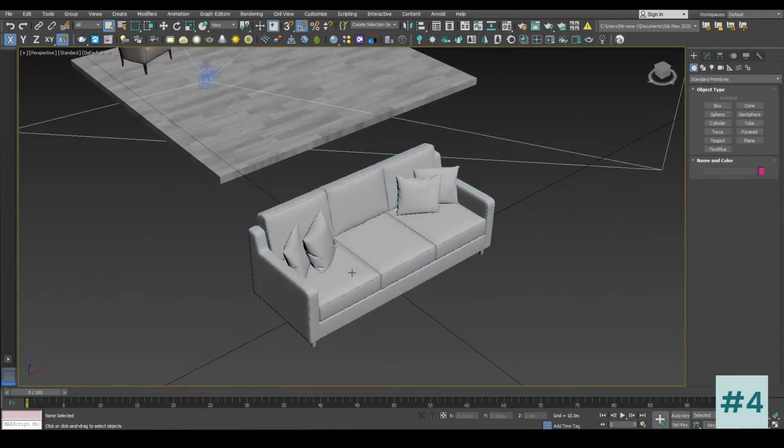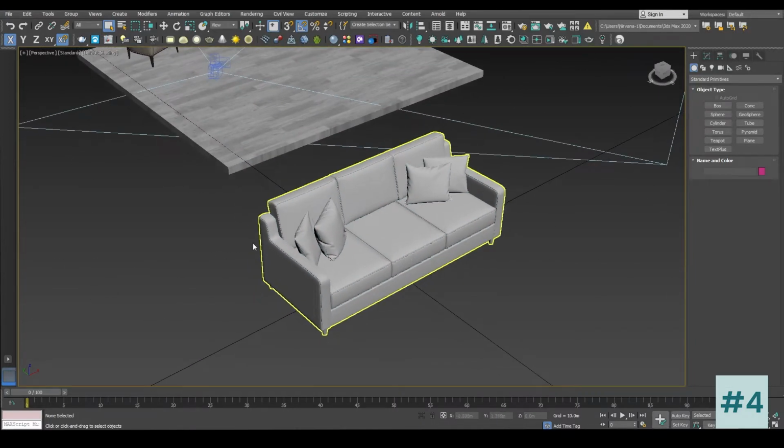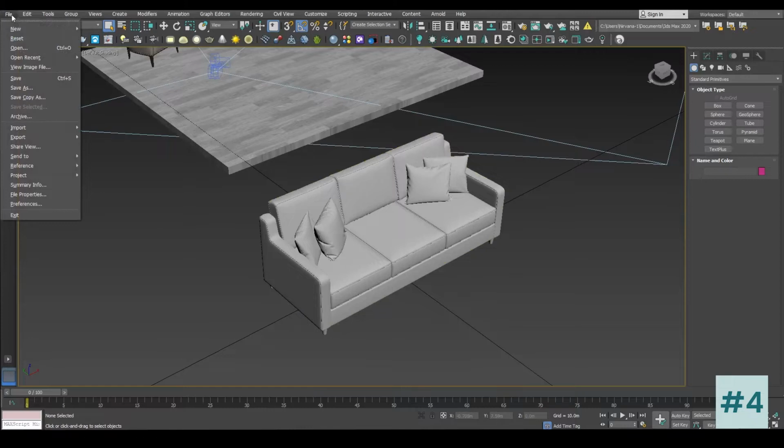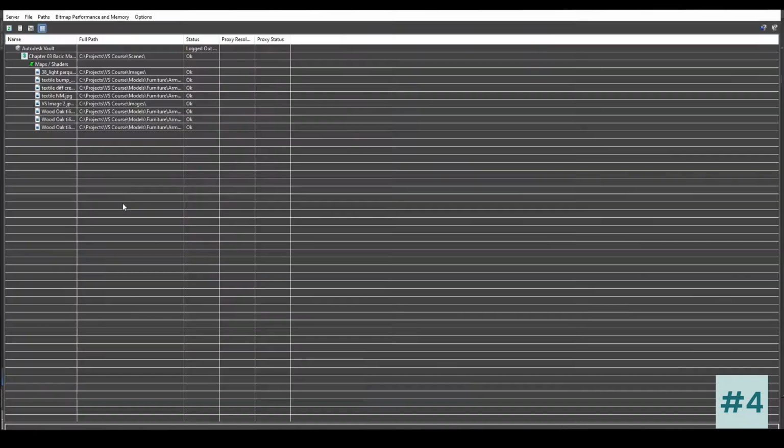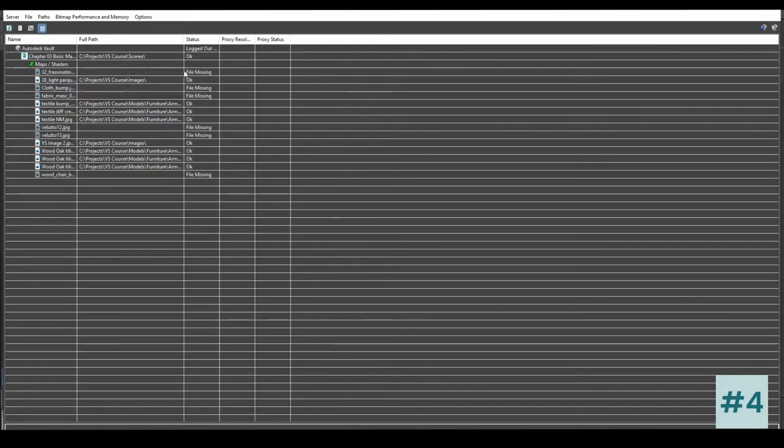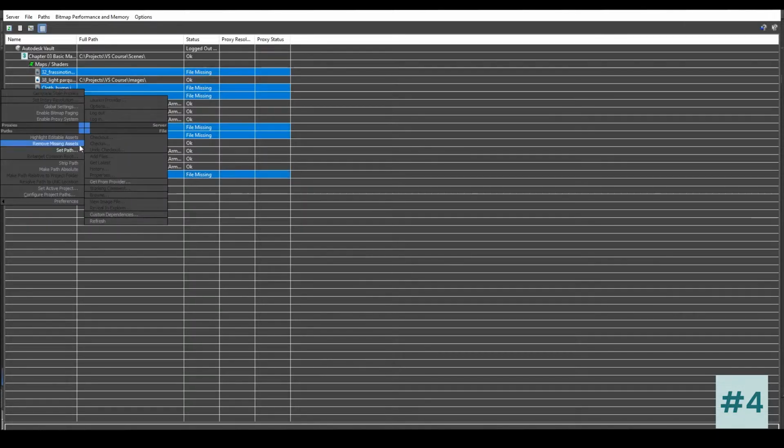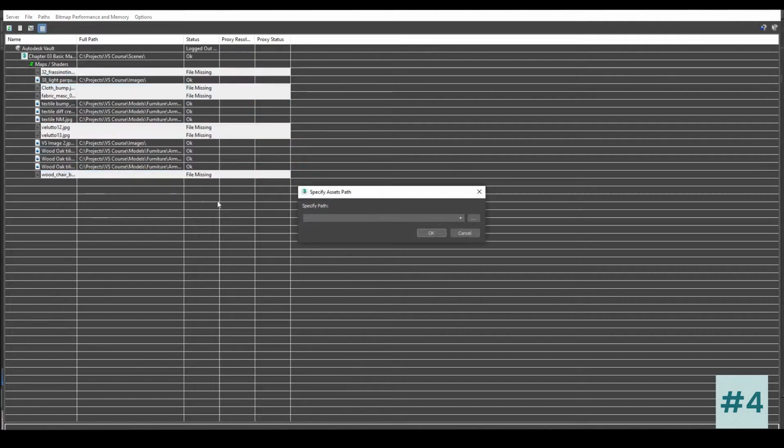apply the material and the maps that come along with it. So go to the file menu, go to references, asset tracking toggle. Here press refresh. Once you press refresh, you will see the files missing. Select all the missing files, right click on it, set path, and then paste the path for the maps furniture